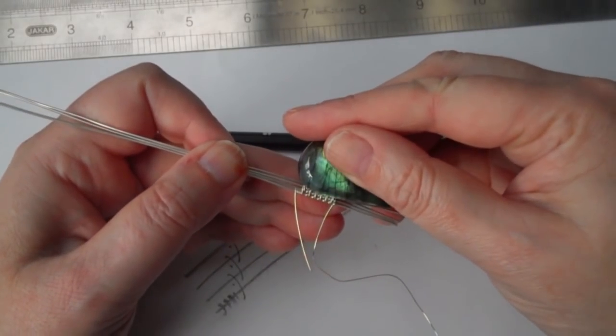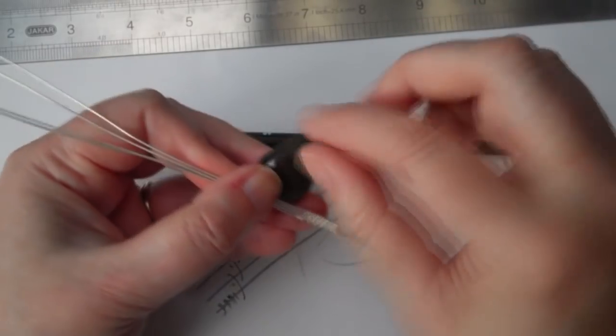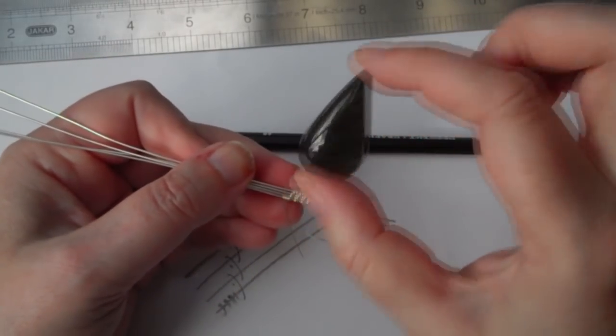Now this is going to be the framework that our stone sits on. So if you're thinking about width, you can't really get away with much more than...